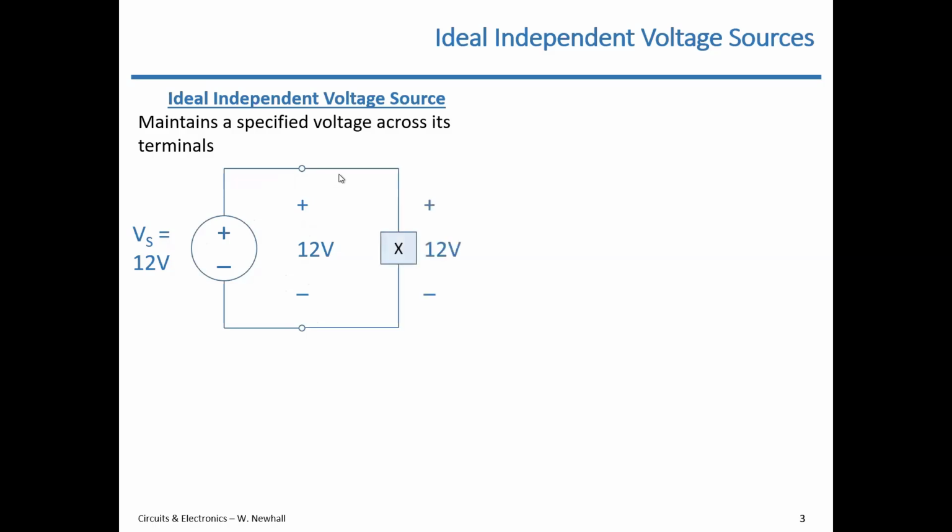If I connect a component, a circuit element X, then voltage source VS has caused 12 volts to appear across circuit element X with that polarity. So this name means something. Each term means something. Ideal means that this voltage source maintains a specified voltage, not current, voltage, no matter what is connected to its terminals, with an asterisk,